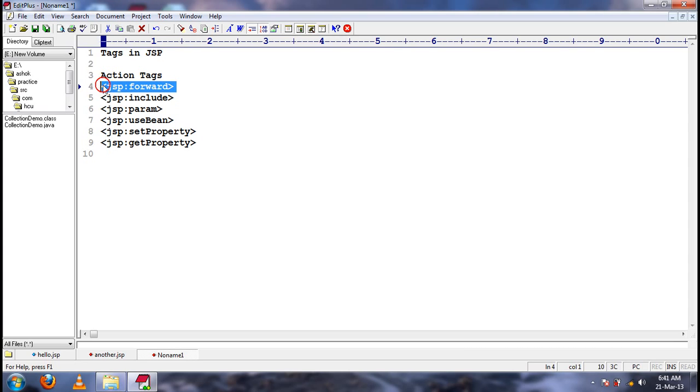These are the action tags available in the JSP page.